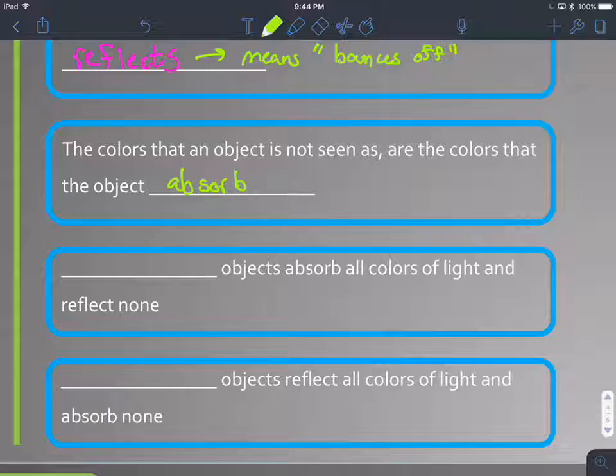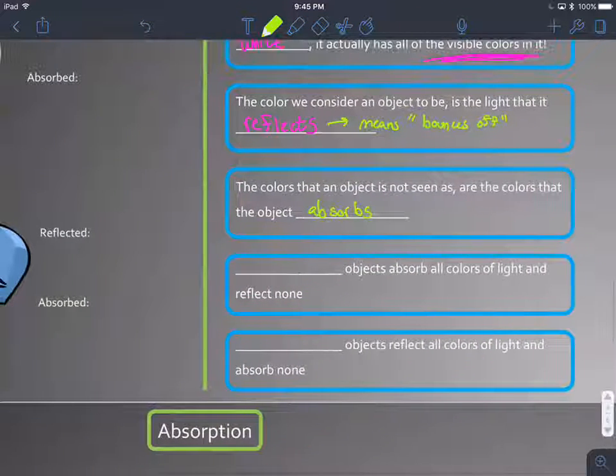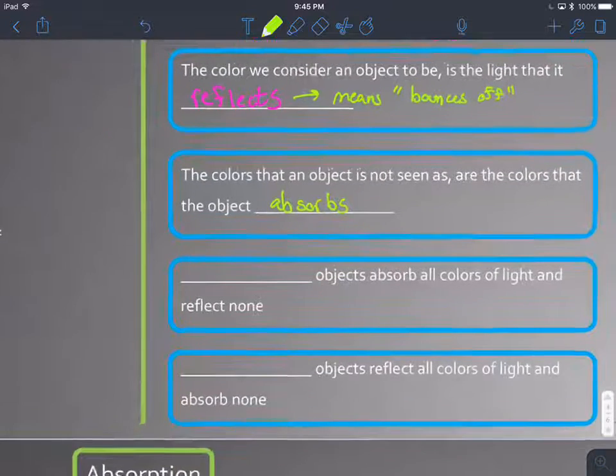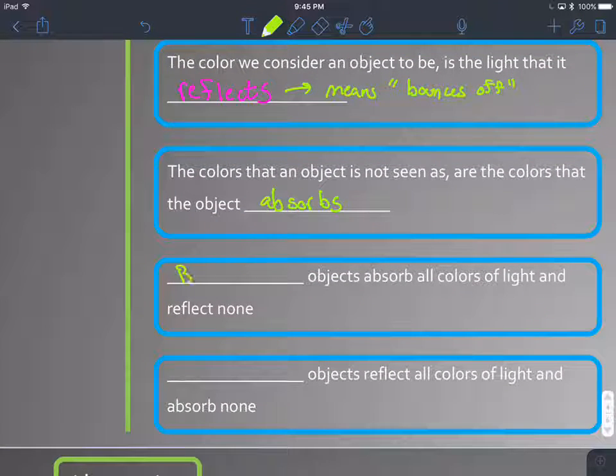All of this will hopefully make sense in a minute once I use the pictures on our left to explain this. But this might make a lot of sense to you. Think of when you're out in the sun. If you wear something that's black, you're usually very warm. This is because black objects actually absorb all colors of light and reflect none.